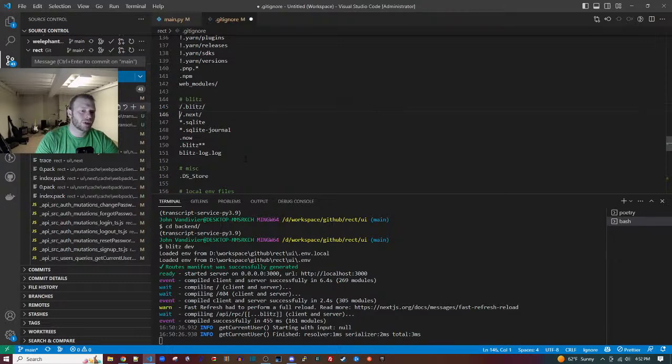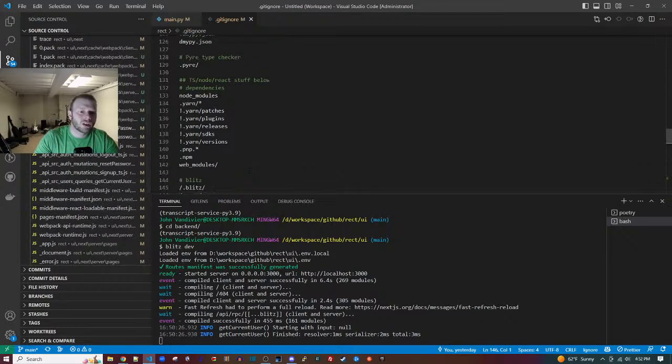I don't understand what it's adding and taking away there. Oh, it's these source files or something.